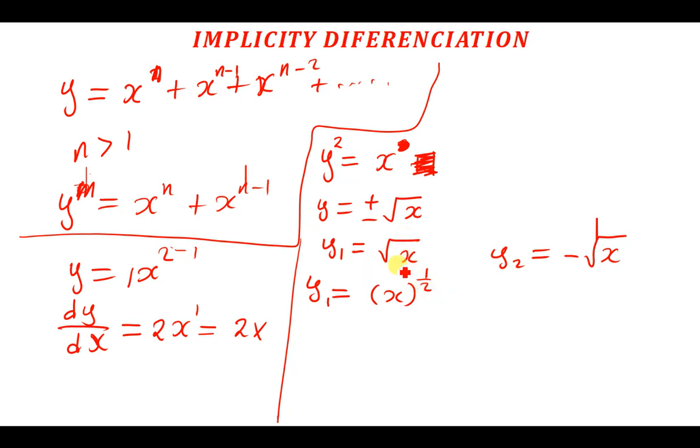So the square root of x is just the same as x to the power half. When we multiply this half times the coefficient of x, which is 1, we're going to have dy/dx equal to half times x, and then half minus 1 gives negative half, which is just the same as saying dy/dx is equal to